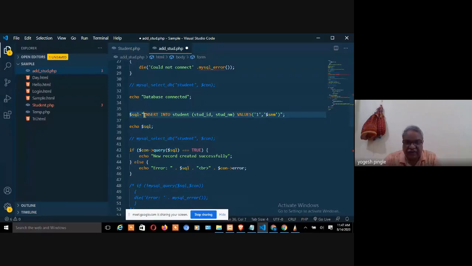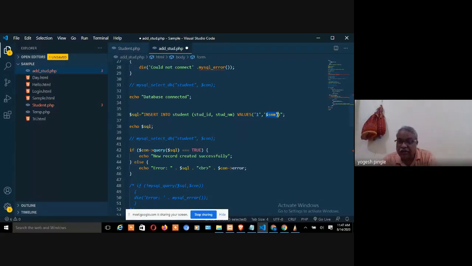So what is the query? Insert into student, stud id comma stud name. These are the attributes inside this table. Values 1 is fixed now. So whenever you refresh, तो 1 नहीं आएगा, 2 नहीं आएगा, because मुझे उसके लिए पहले query लिखना पड़ेगा. तो वो करेंगे, पहले ये आता है कि नहीं वो तो देखो.